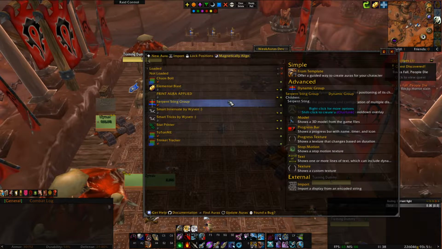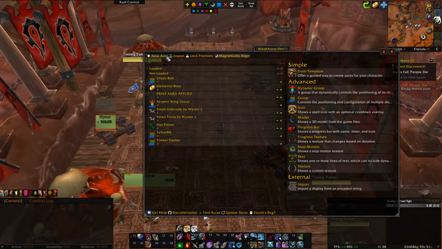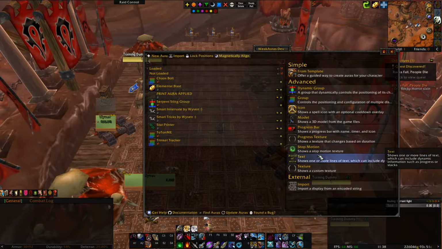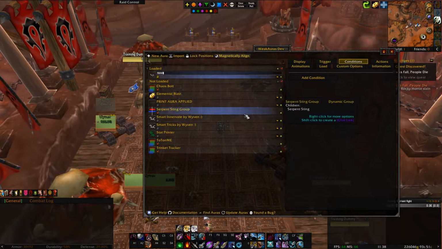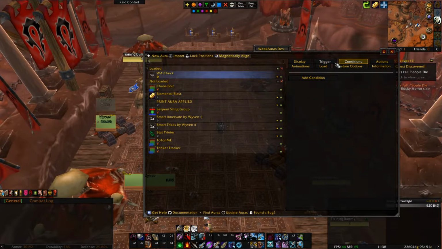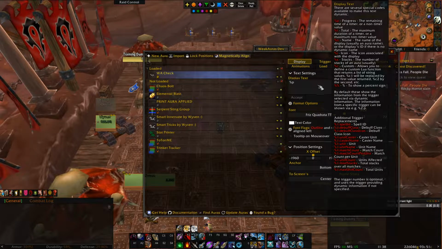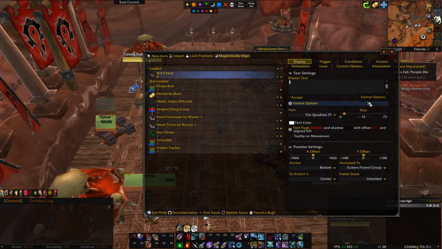And the way we're going to do this is quite interesting. Because this can't be done with normal Weakauras, we're going to have to go into programming. And we're going to just make a text. And the text, well, let's just call it Weakaura Check. Now the text could be anything in the trigger or on the display actually. I could put something like, good job, you imported